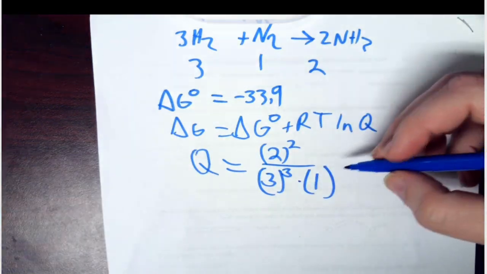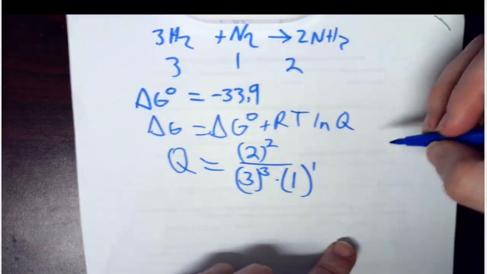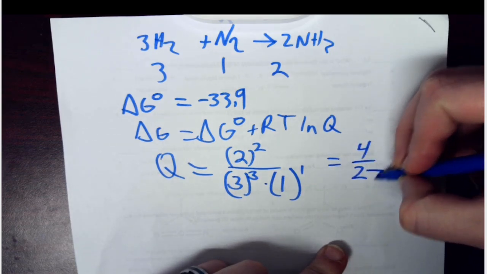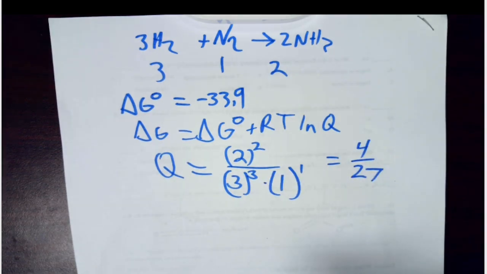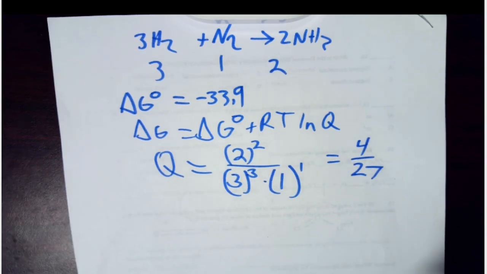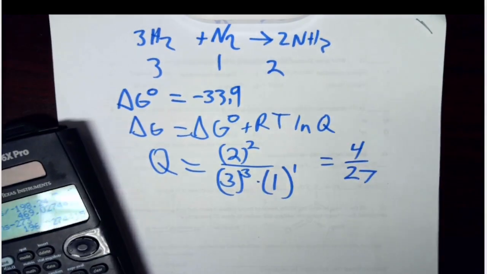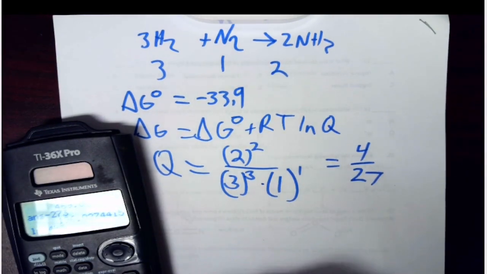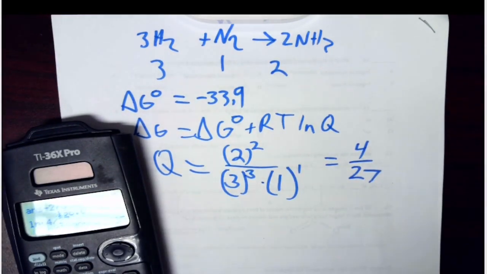So 4 over 27. That's what we have. Now the natural log of 4 over 27 is